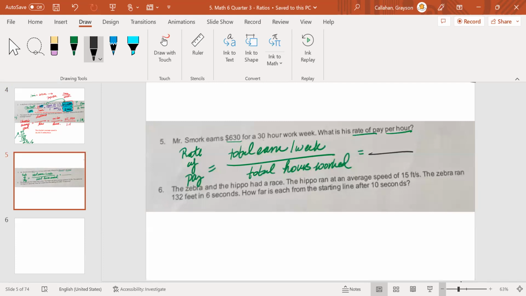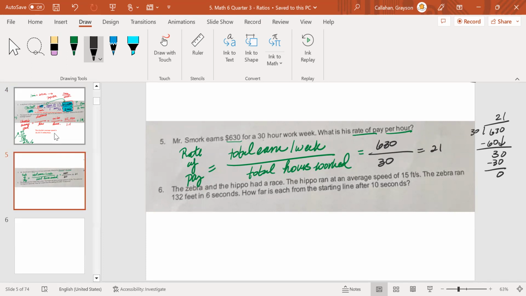Total earned for 1 week, his earning is $630. He worked 30 hours a week. So you just divide this. So on the side, 630 divided by 30. 30 times 2 is 60. So when I subtract, bring down the 0. 30 times 1 is 30. So since the answer is 21,